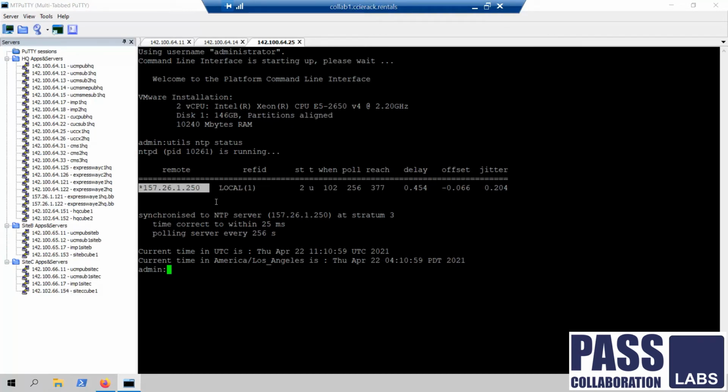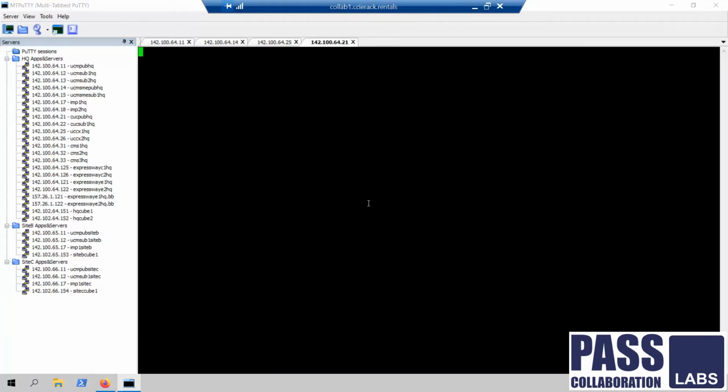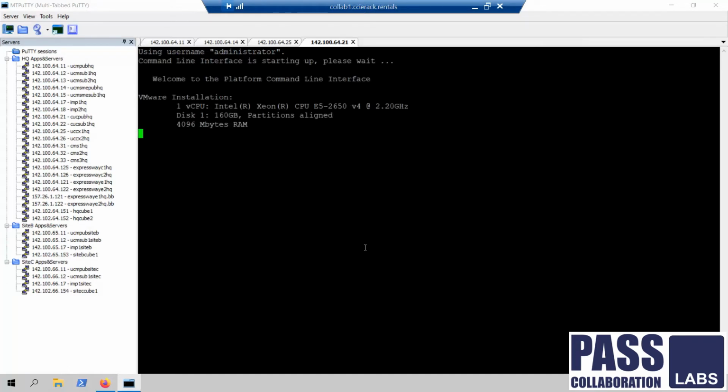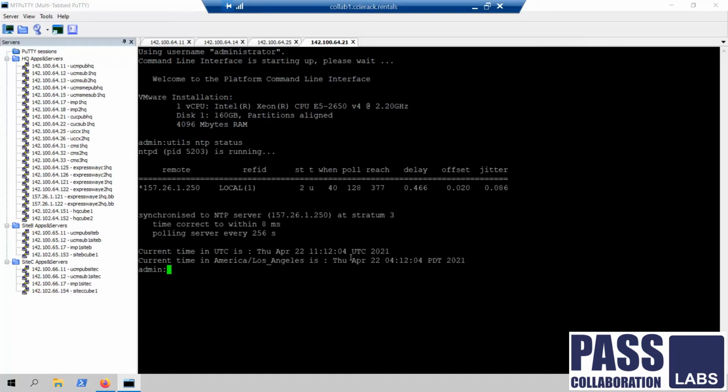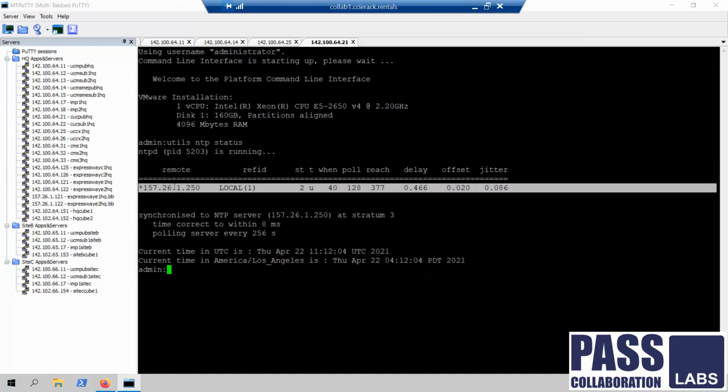Right after UCCX, we would validate NTP on CUC. Same command, utils ntp status. Even over here, NTP is correctly configured. So we have successfully validated NTP on HQ Pub, SME, UCCX and CUC.